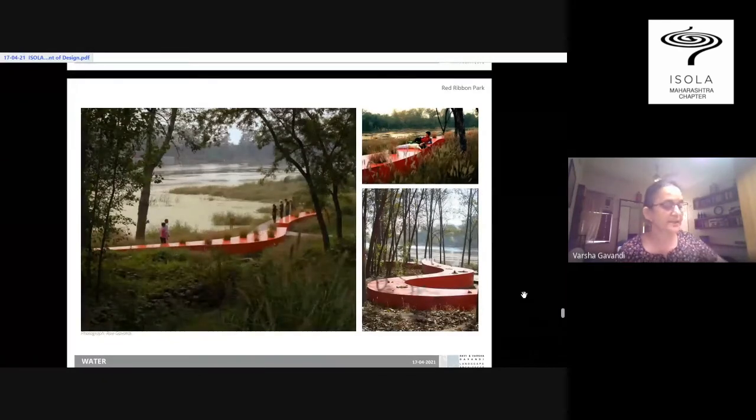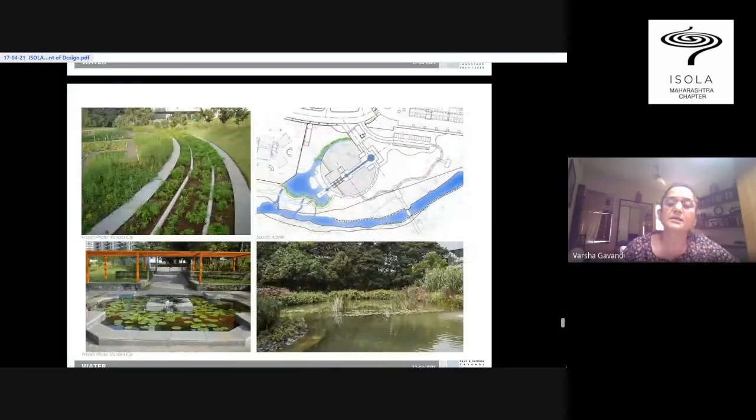So most of the landscape designers today are not looking at water only as a visual element, or an element to enhance the physical or emotional quality of space, but they're looking at it also as one of the very important aspects of the entire landscape system. And so here are some of our attempts to look at water from a slightly different perspective.